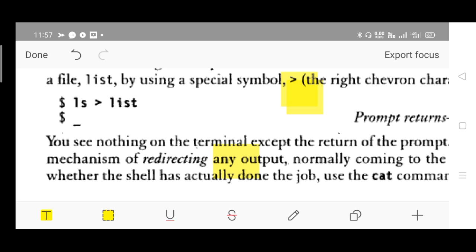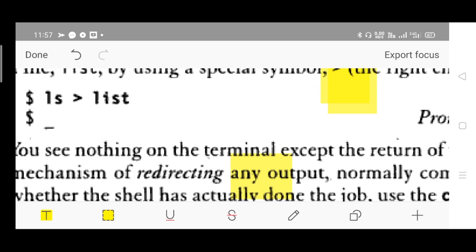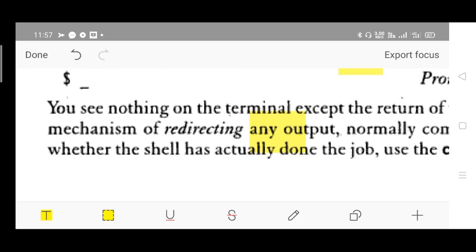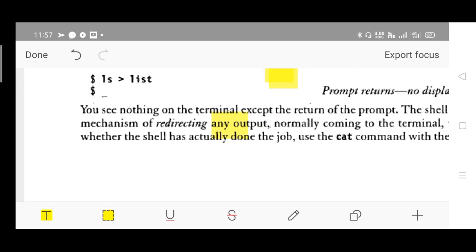Instead, the list should be created and passed on to a file called list. That's it. The right chevron character simply redirects the contents from the terminal to a file. So instead of displaying the output of the ls command on the terminal, just transfer it onto a file named list. Very simple.